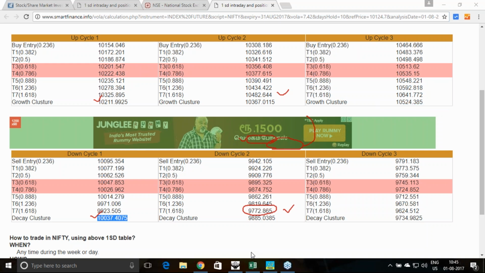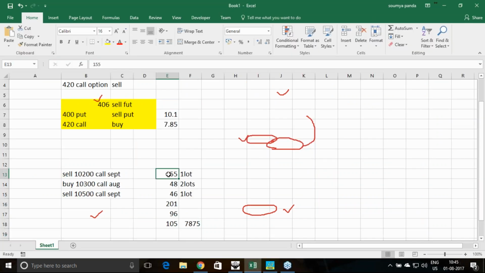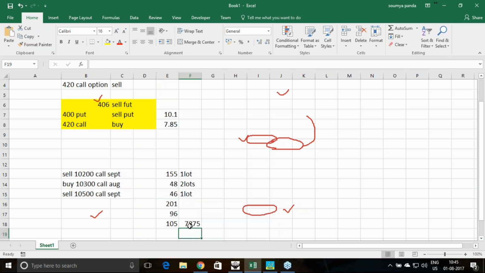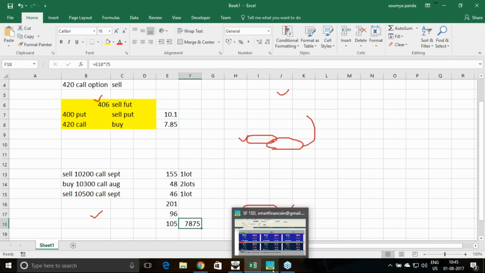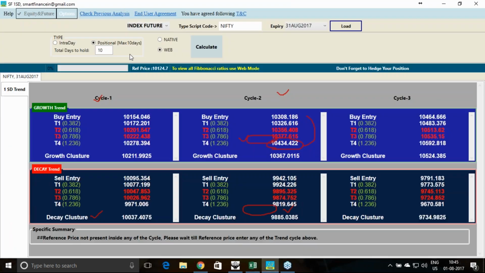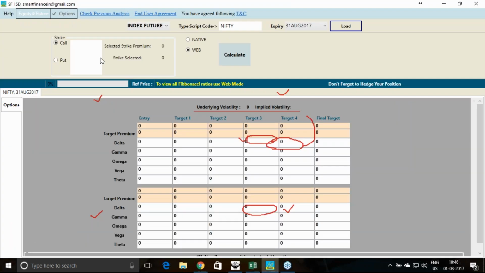Since we are forming a calendar spread here, net credit calendar and net debit calendar spread, it is difficult to give you a theoretical estimation on the profit. Assuming in the coming 10 days period, having a theta decay of 1 to 1.5%. So theta also you can calculate if you can just go to the option tool